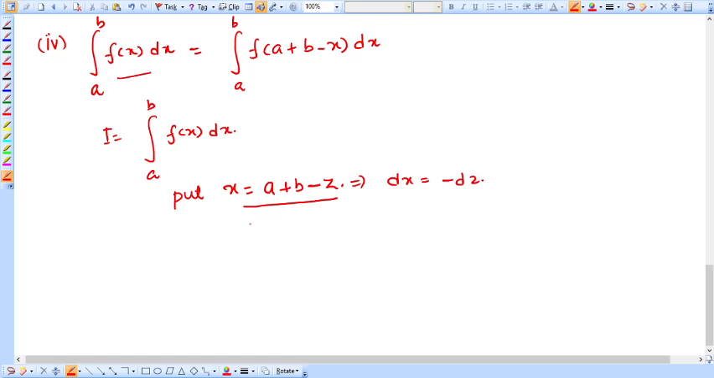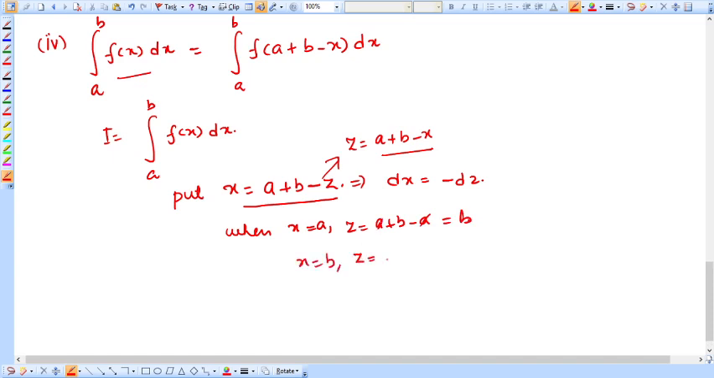Also see the effect of this substitution on the limit. So when x is equal to a, from here what would be your z? z would be equal to a plus b minus x, right? So when x is equal to a, your z would be equal to a plus b minus a, that is equal to b. And when x is equal to b, your z would be equal to a, right? So putting all these things